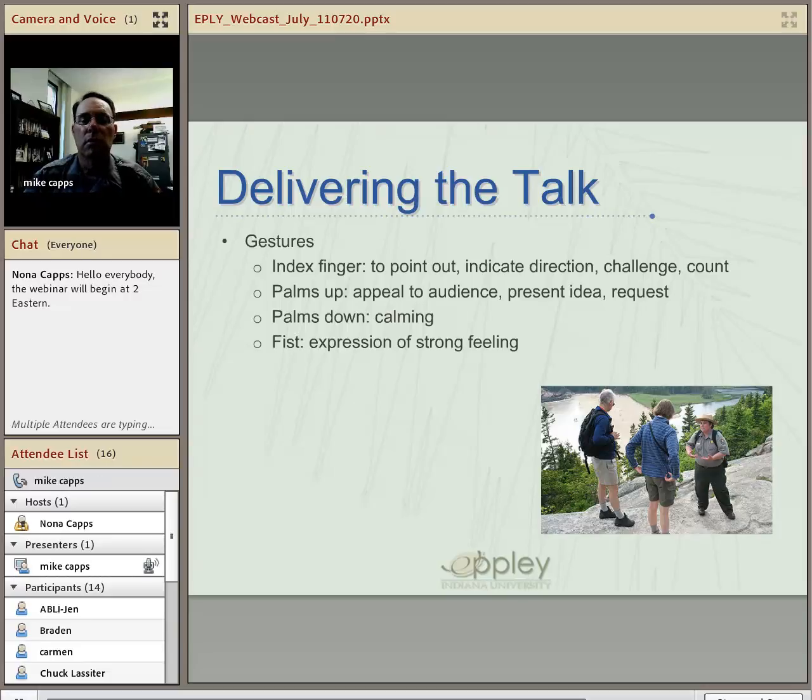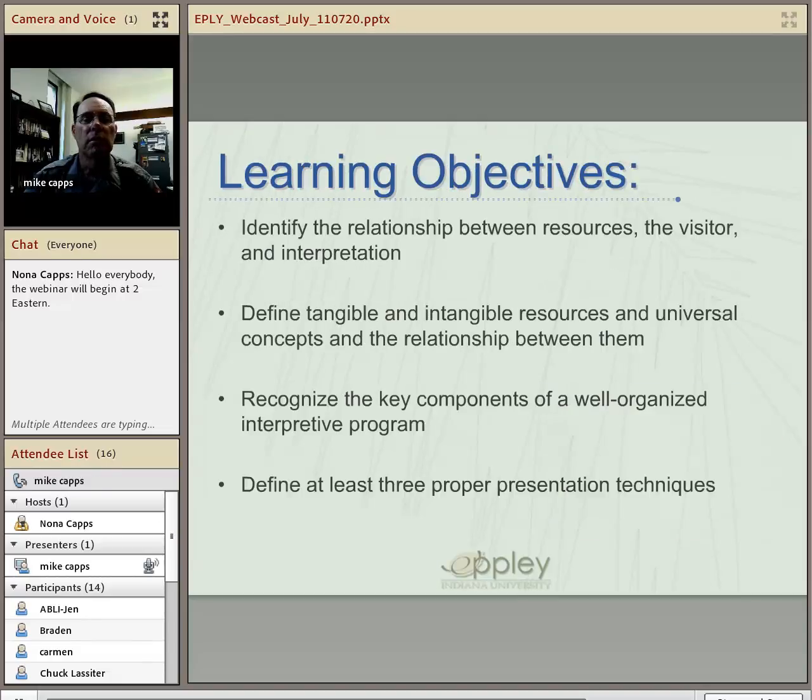Gestures can be used to make a lot of points. They can be used to emphasize certain points, reinforce things. You want to be careful with that, though, because, again, you don't want to gesture too much so that it